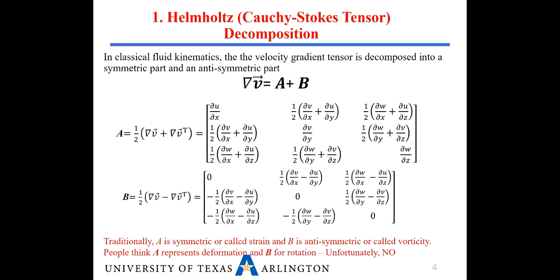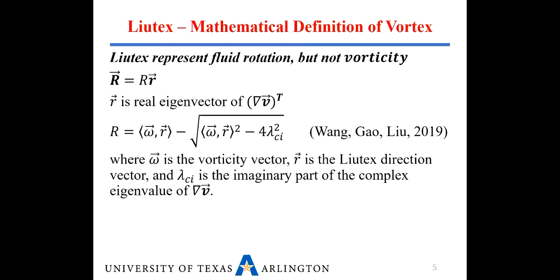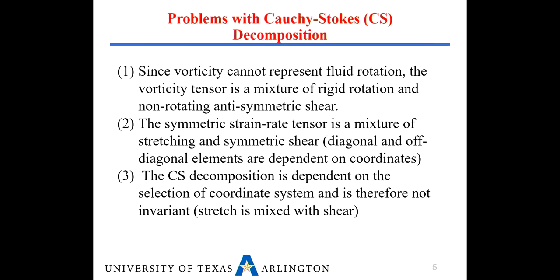But unfortunately, this is a misunderstanding. For laminar flow, it's okay because we don't have rotation. Not for turbulent flow. With Mutex, we talk a lot about this: the direction and this magnitude. The problem with the